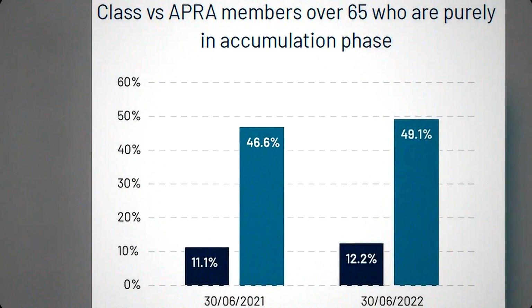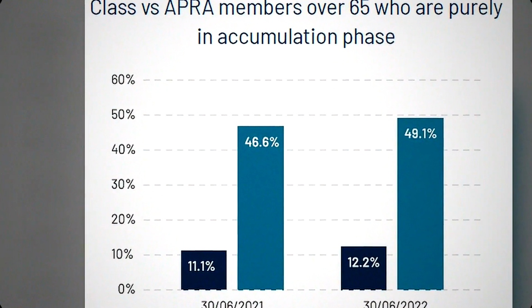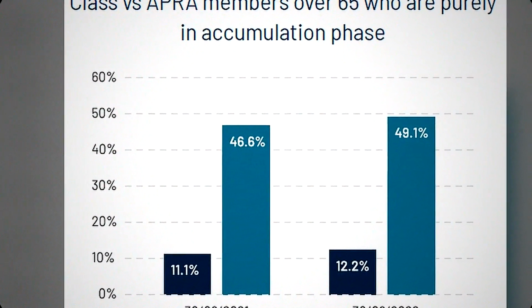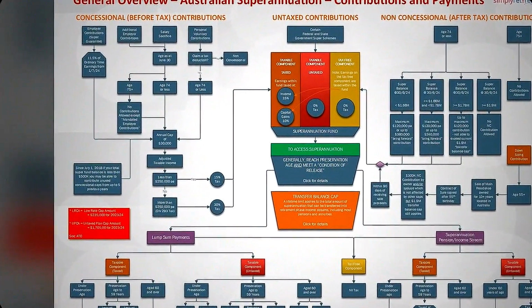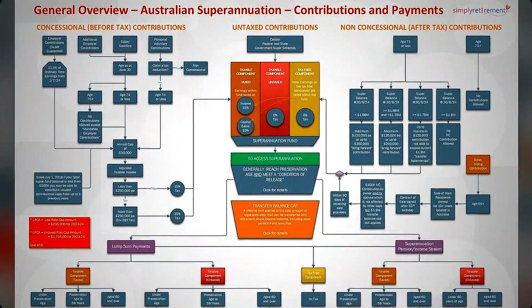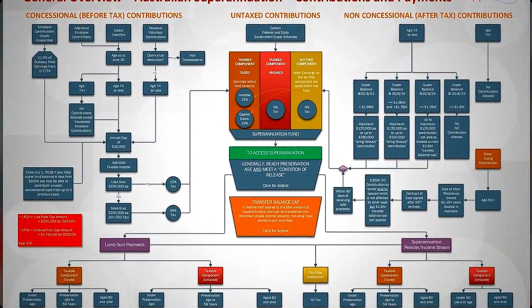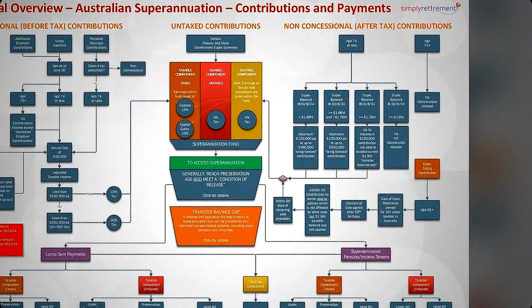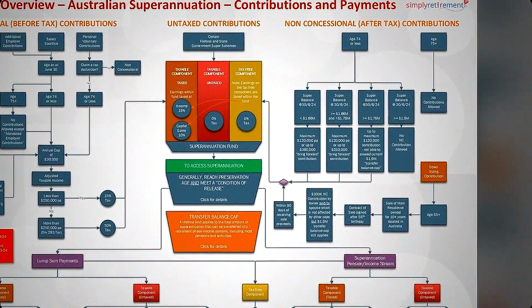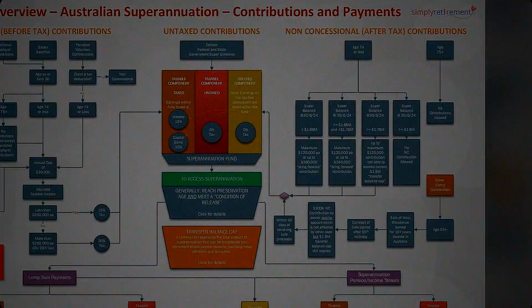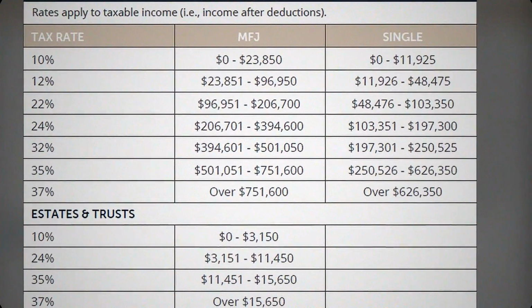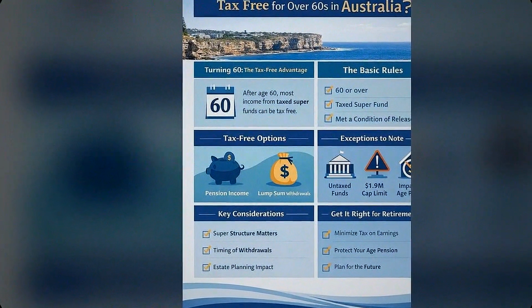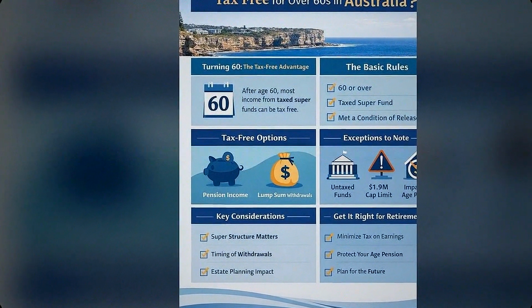So here's what you can do. First, log into your super fund or check your latest statement. Look for the tax components section, specifically the taxed element. For most people in standard employer funds, the vast majority of your balance will be this component, which becomes completely tax-free on withdrawal after 60. Second, if you're over 60 and your super is still in accumulation, contact your fund about starting an account-based pension. Many funds, Australian Super, Colonial First State, Uni Super, have dedicated retirement planning teams who will walk you through it on the phone.